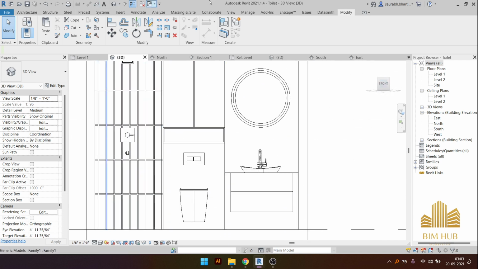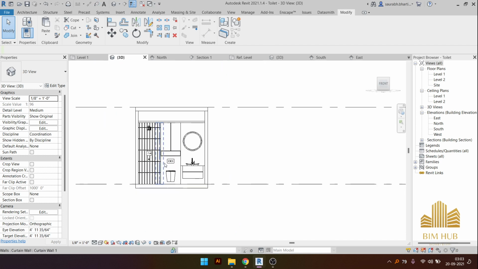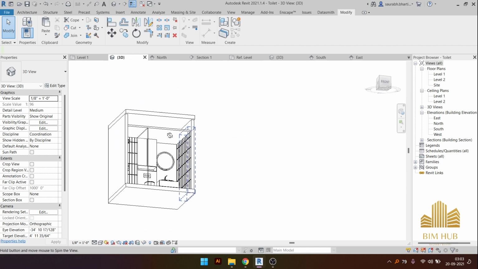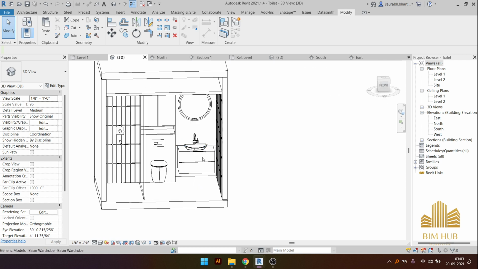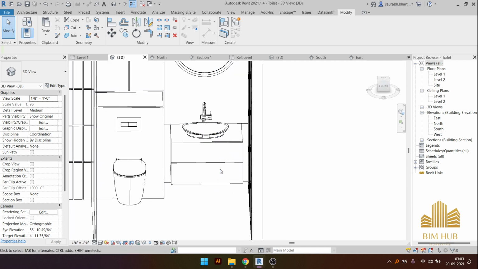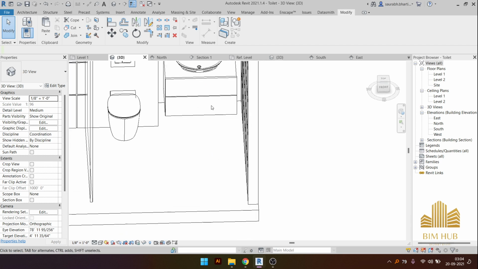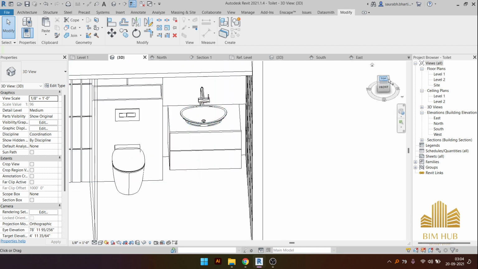And now I think we are done with this one, and then we need to provide some of the elements from the landscape. So again go to the, okay, before going to landscape, let me also see where else we need to provide the material. So yes, we need to provide a marble over here. So for that, go to level 1,